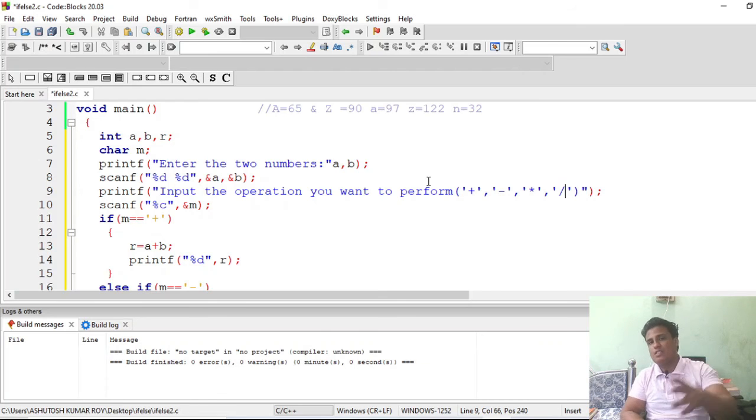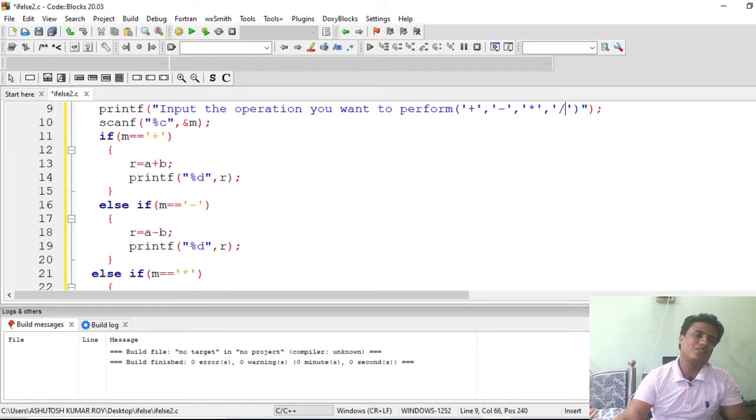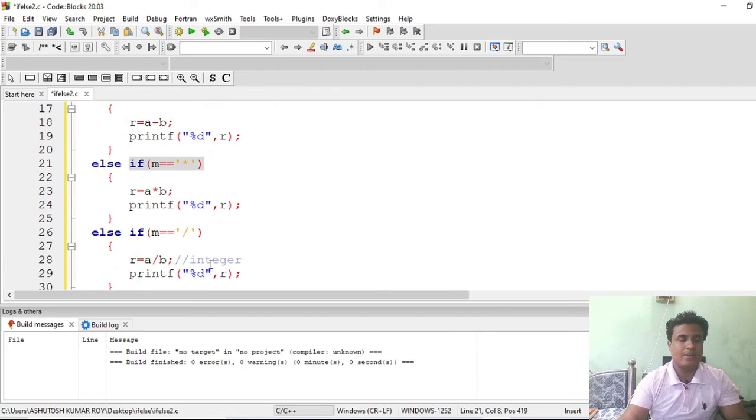So suppose this user is more curious and enters something else, so to fulfill his curiosity, that's why I mentioned the else part here. So now we check: if the operator the user wants to perform is addition, it will add the 2 numbers. If the user wants to perform subtraction, then it will subtract the 2 numbers. In a similar way, multiplication and division also. So notice that it is truncated to an integer value only in the division part. Okay, just an integer value.